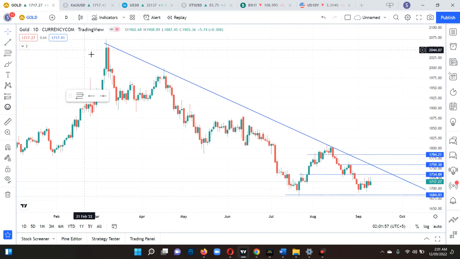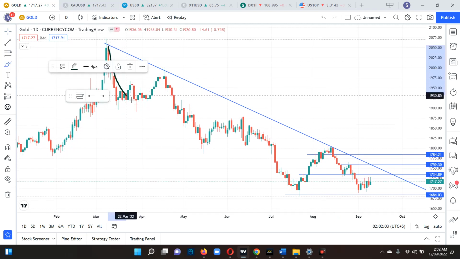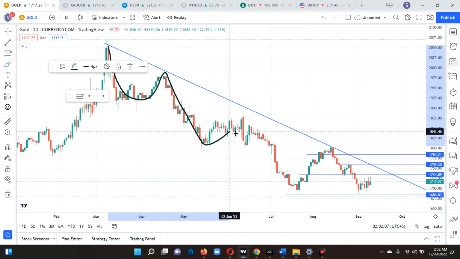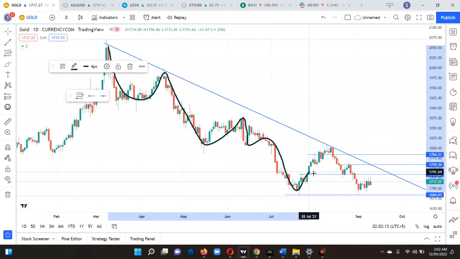You can see whenever the market comes to this trend line area, it tries to respect this area and falls downside. Again the market comes closer to the trend line, and again it falls downside. Recently the market came closer to this trend line, then again started falling downside, creating lower lows and lower highs, and right now it seems like the market is creating a lower high.